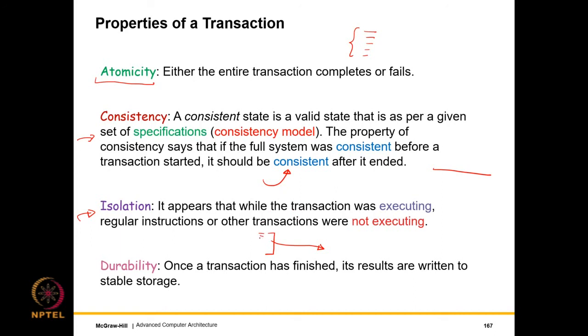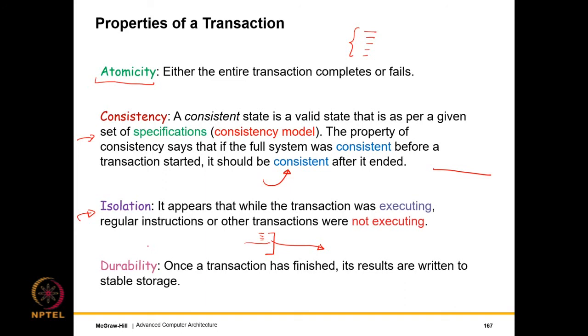Let's say the transaction is continuing and in the middle you write something, but you have still not committed the transaction. What does committing mean? Committing means you have finished it. We will discuss more of this, but the key idea is that the group of instructions, the entire group as a whole, has not finished. So when it finishes successfully, you say that it has committed. Isolation basically means that in the middle of a transaction, nobody else can see any intermediate values.